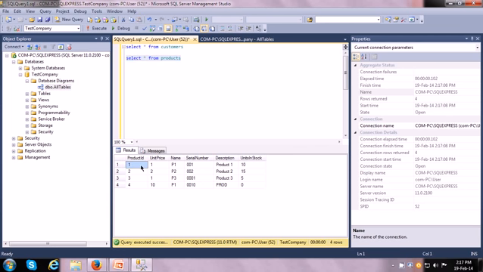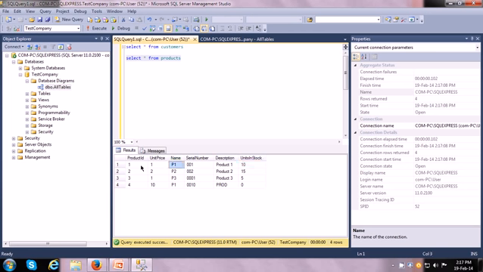The first row is for the product whose product ID is 1, its unit price is 1, name is P1, and it has 001 as a serial number. There is a product 1 description, and there are 10 units in stock. Taking the object analogy, we can say that the first row belongs to the object with name P1.